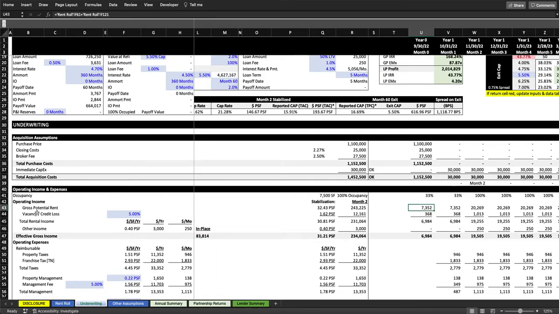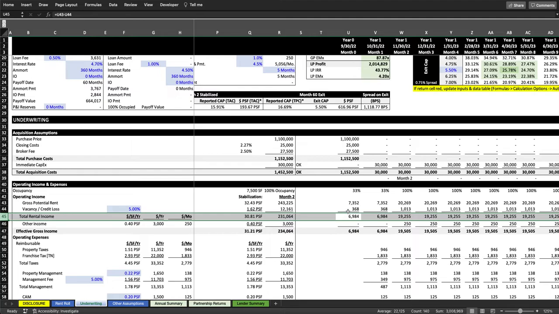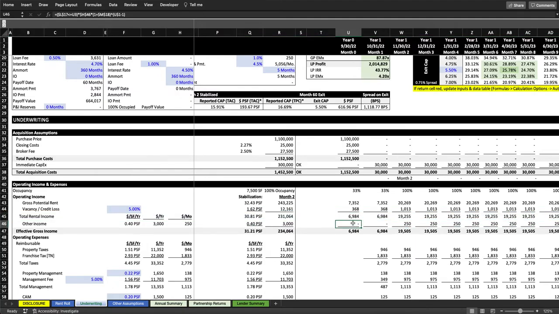Then we hit that line with a vacancy percent. We just chose 5%. You can set this to be whatever you'd like, and that comes into the total rental income line item, which is right here. Finally, we have the ability to add other income, right? Maybe you'll have vending machines on site. Maybe you'll offer